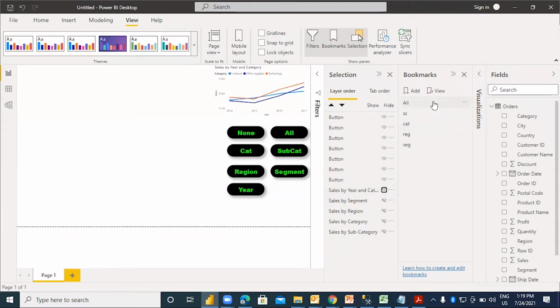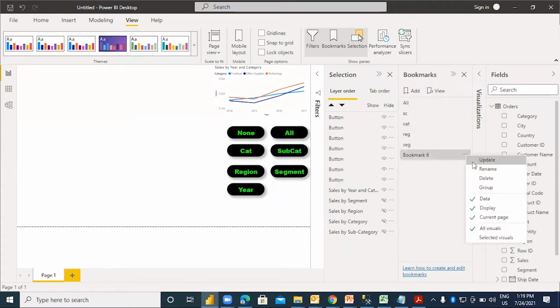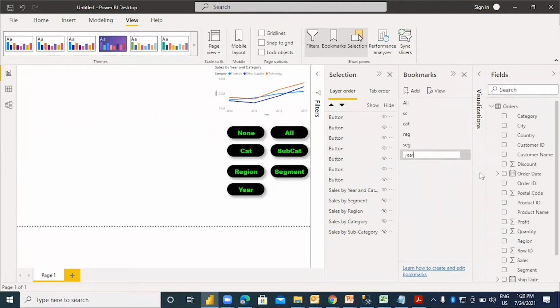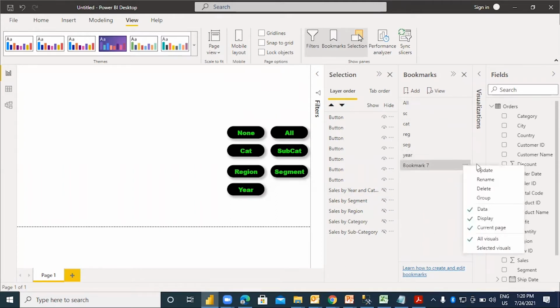Then let's take add, rename, year. Let me hide this as well, and I can say add, rename, blank.